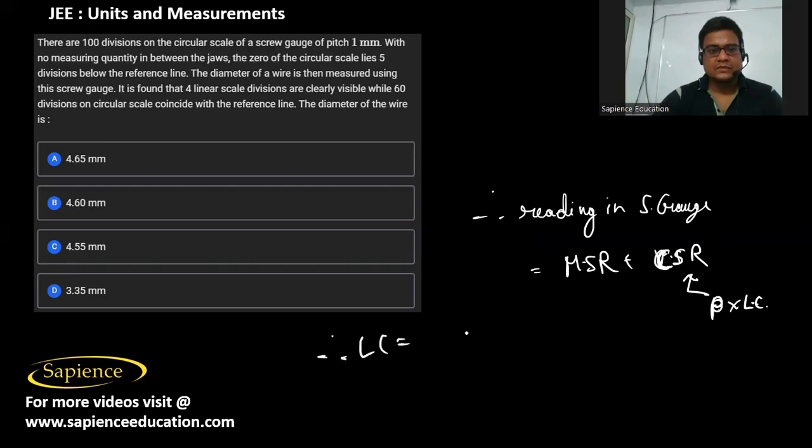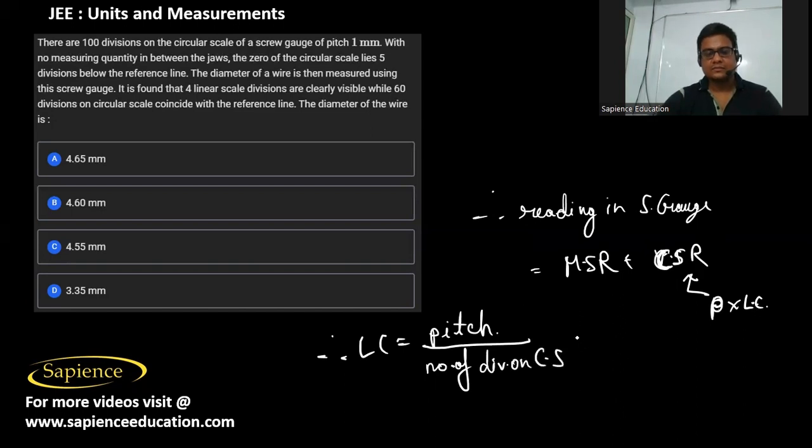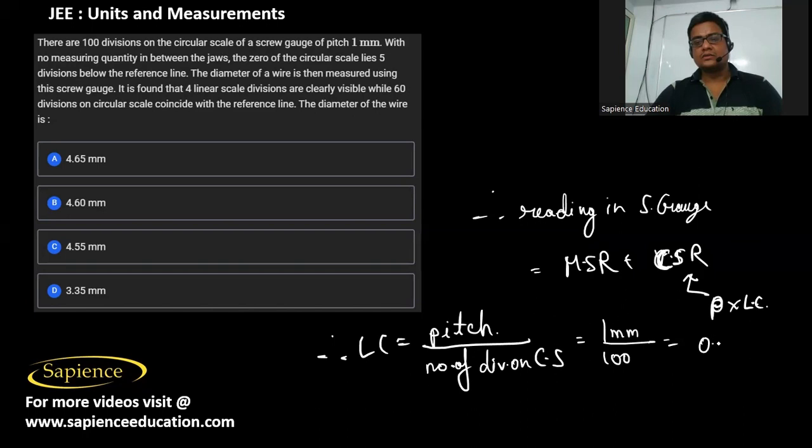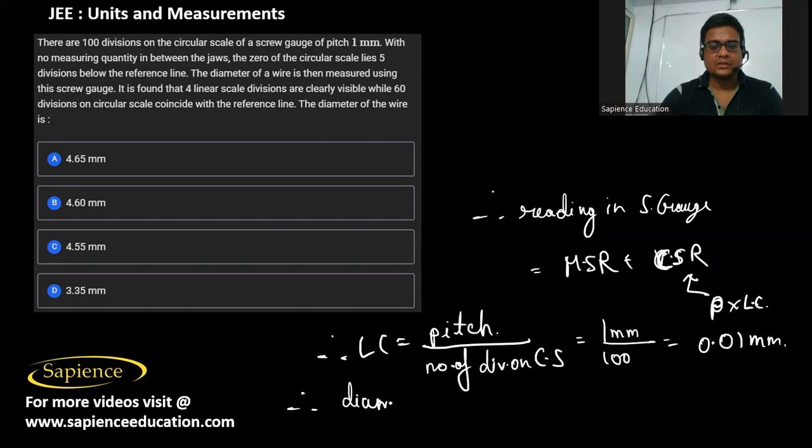Now therefore the least count of the instrument is equal to the pitch of the screw gauge divided by the number of divisions on the circular scale. So the pitch is 1 millimeter divided by 100. So this will be equal to 0.01 millimeter. Now therefore the reading in the screw gauge, or I can say the actual diameter of the wire,